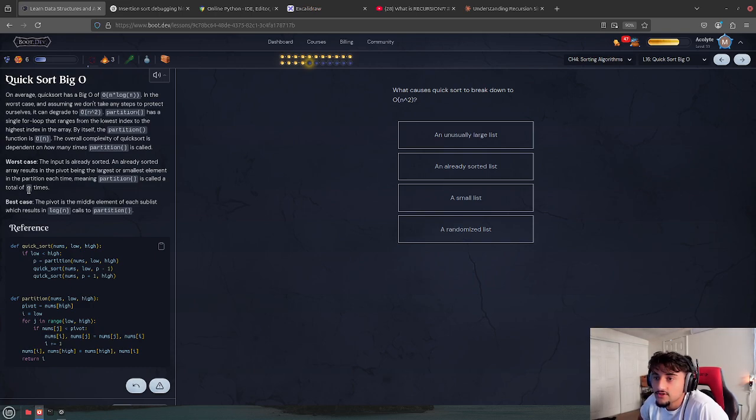The partition function is O(n). The overall complexity of quicksort is dependent on how many times partition is called. Worst case, the input is already sorted. An already sorted array results in a pivot being the largest to smallest element each time, meaning partition is called n times. So best case, the pivot is in the middle element of the sublist, which results in